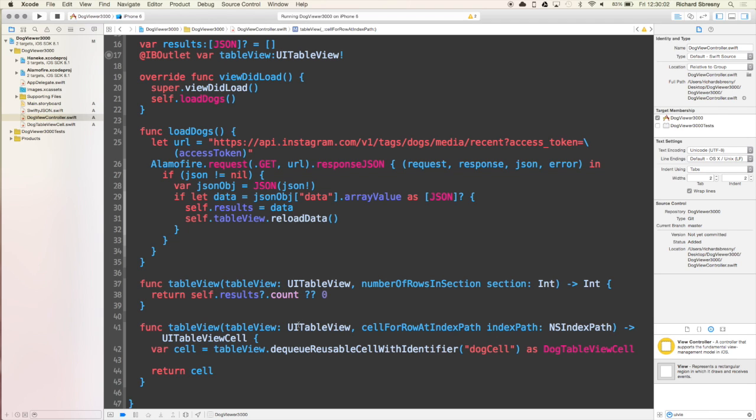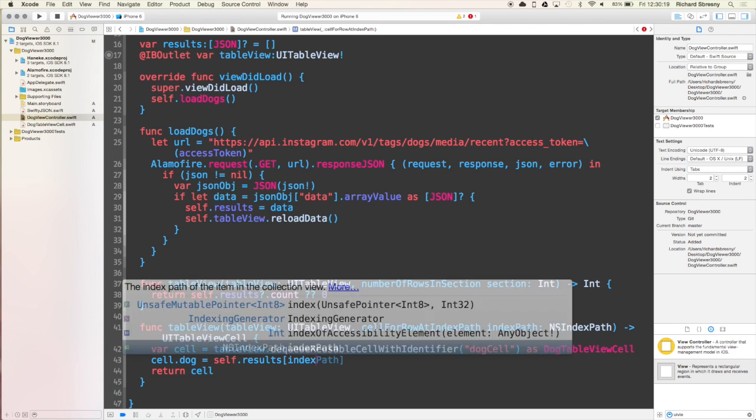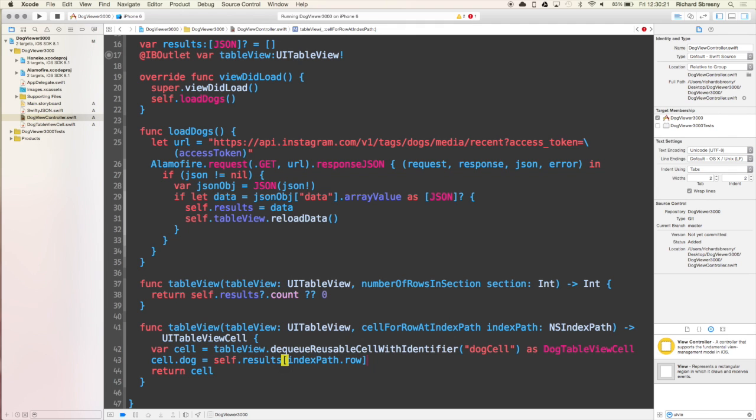So we've got our results, hopefully, and they've come down. We need to set each little array item towards our cell. So if we go cell.dog, we haven't actually created this property of dog yet. If we grab that out of our results, at index path.row, that signifies that the table view is saying, look, I'm at index number 3, I want my third row. Grab that out of the result set, store it against the dog cell, and from then on, with the MVC pattern,